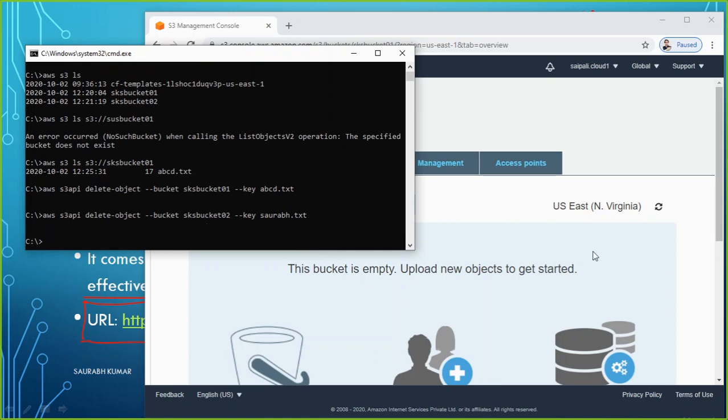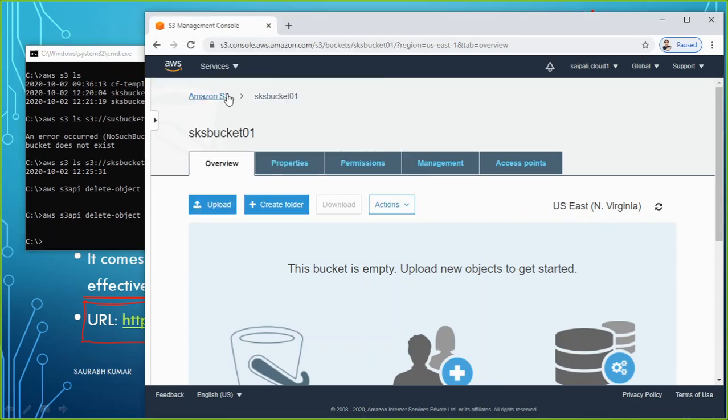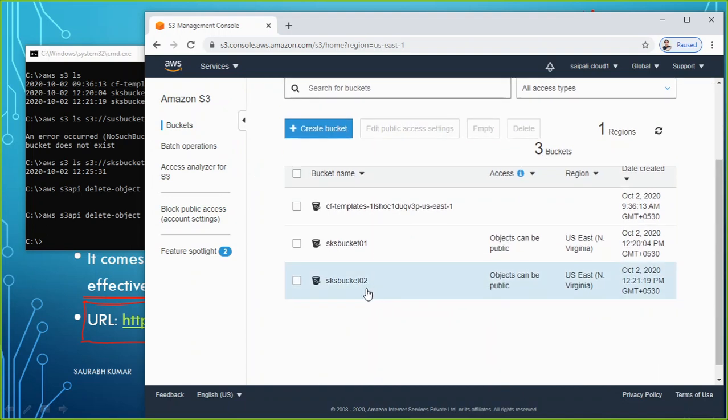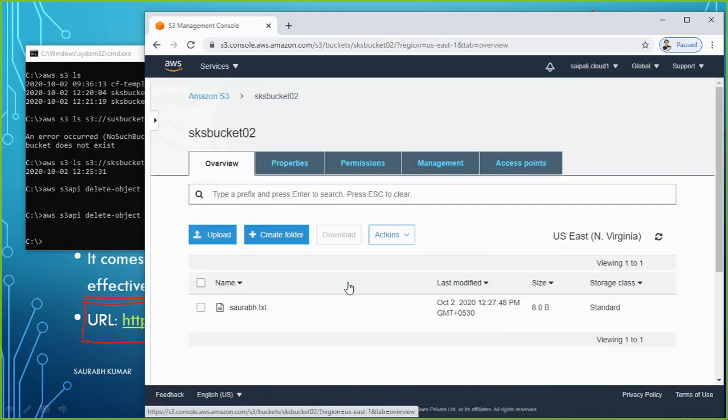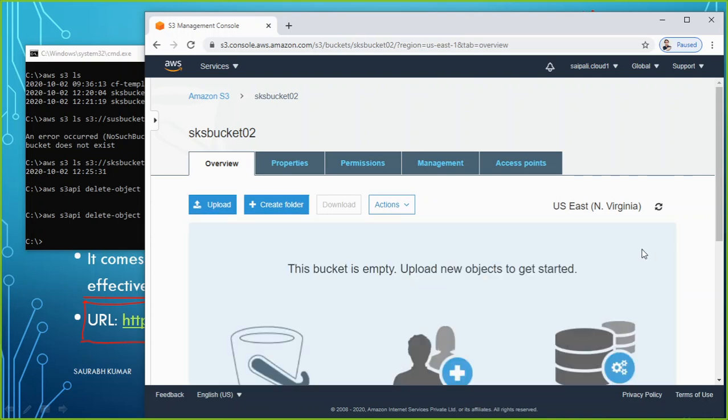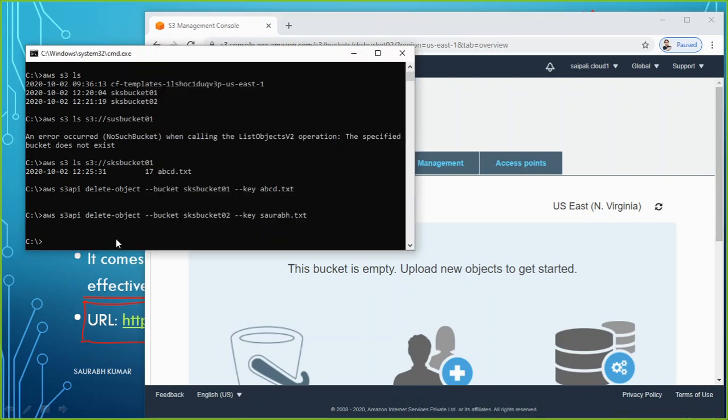Just wait for a moment and the file is deleted. We go there and check SKS bucket 02. It was there. Refresh. Nothing. So this way we have performed some practicals with the Amazon S3 service with the help of the AWS CLI, and I hope it's all clear to you all.